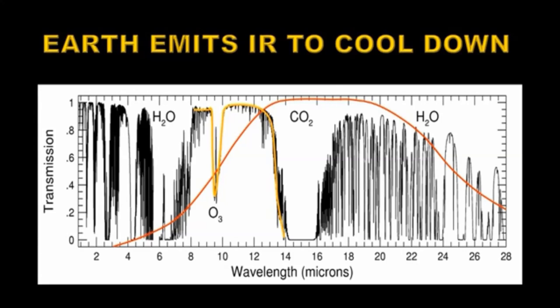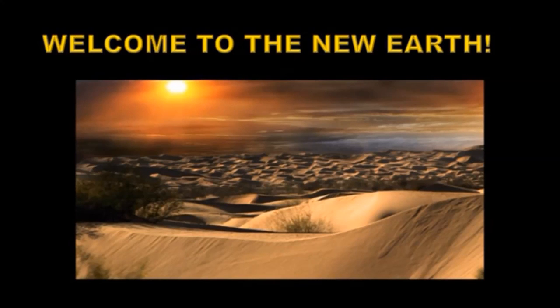I've marked here the window boundary on the long wavelength side of that carbon dioxide feature. And what happens if you add more carbon dioxide? What will happen is that that shoulder of that feature will move to shorter wavelengths. So as you add more carbon dioxide and the temperature goes up, and this profile moves to the right, the window effectively starts closing more and more. So you're in fact, in some sense, being counterproductive here. So what happens if we keep adding more and more and more carbon dioxide? You'd get an Earth that looks rather like this, a desert planet.